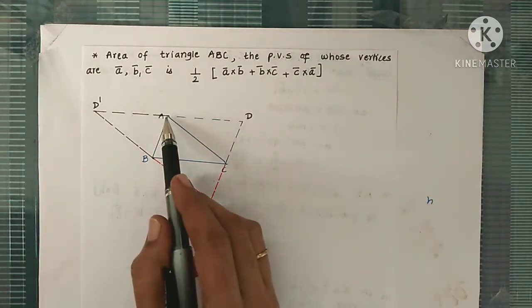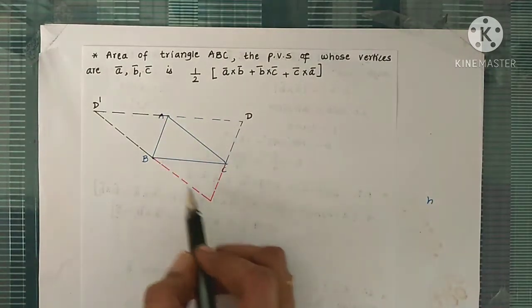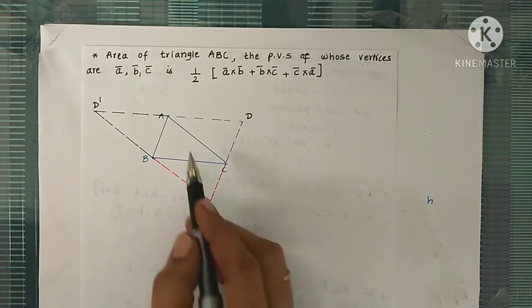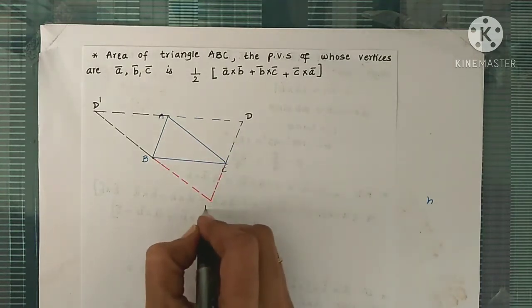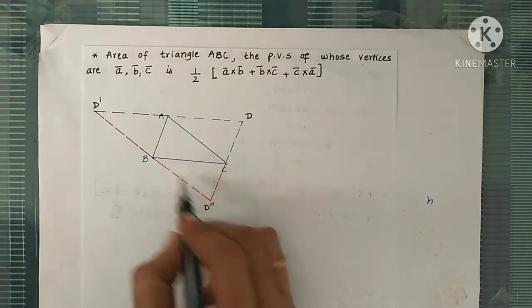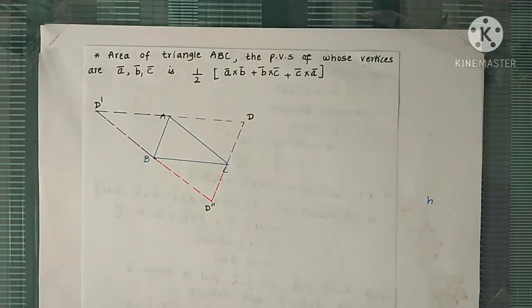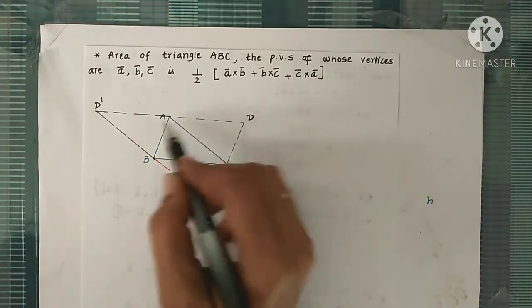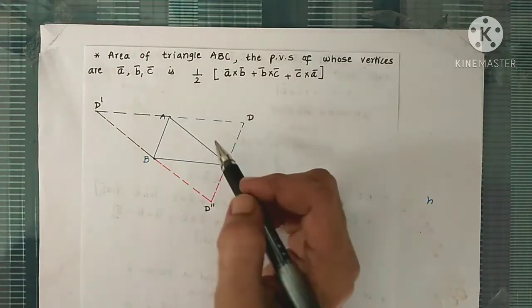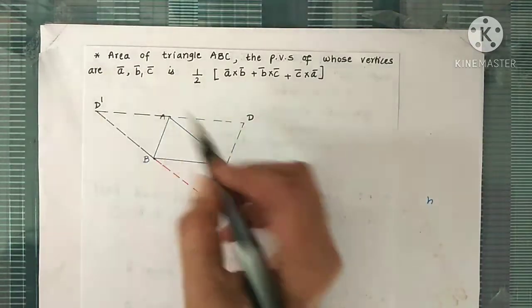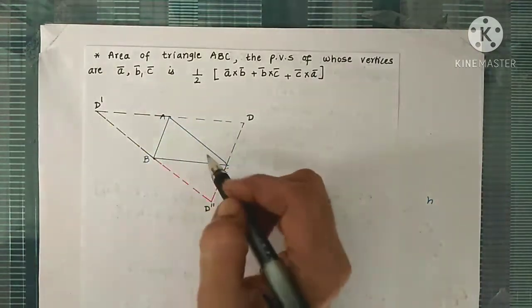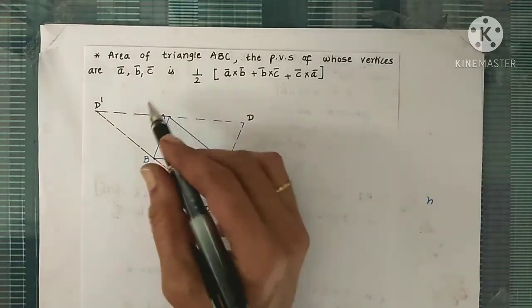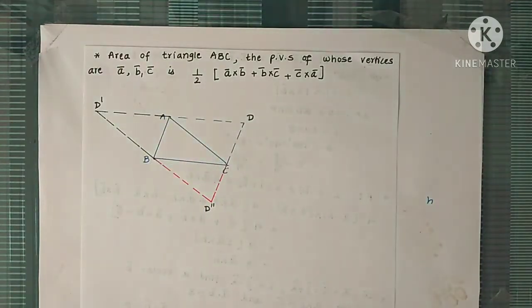Similarly, we can complete the parallelogram taking a fourth vertex like this: A, B, say D double dash, D double dash C. So this is also a parallelogram. Now the adjacent sides here are AB bar and AC bar. Here in ABCD, those are BC bar and BA bar. And in this one, BCAD dash, those are CB bar and CA bar. So in any way, you can complete the parallelogram.